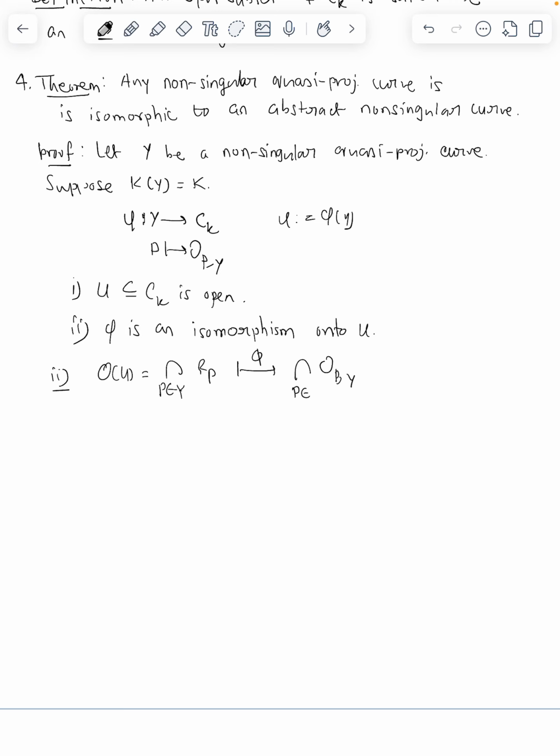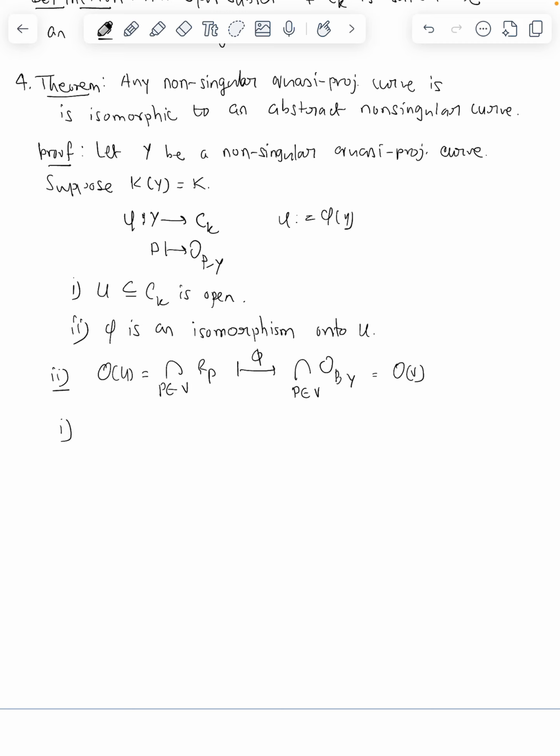Sorry, this should be U, and this is Y. So this is exactly the regular function on any open set V. If V is an open set of Y, the pullback of regular functions are exactly this. So this should be V. Now this follows that phi is an isomorphism, and the last thing we have to show is that U